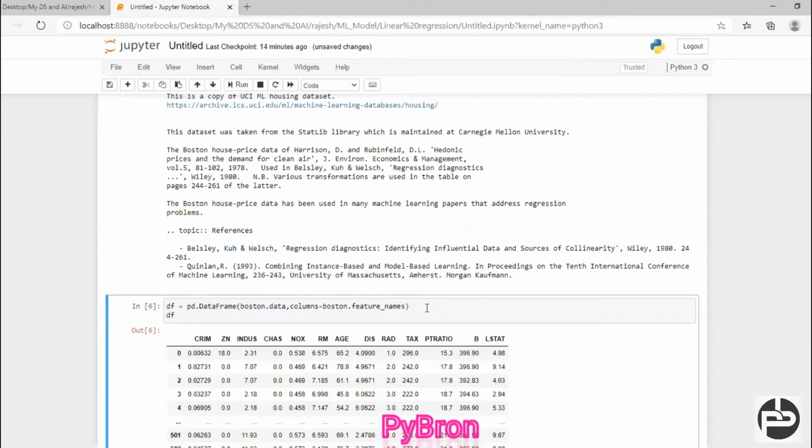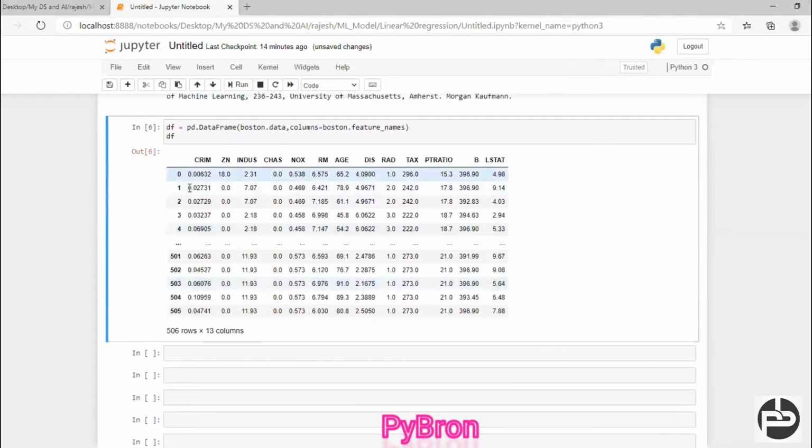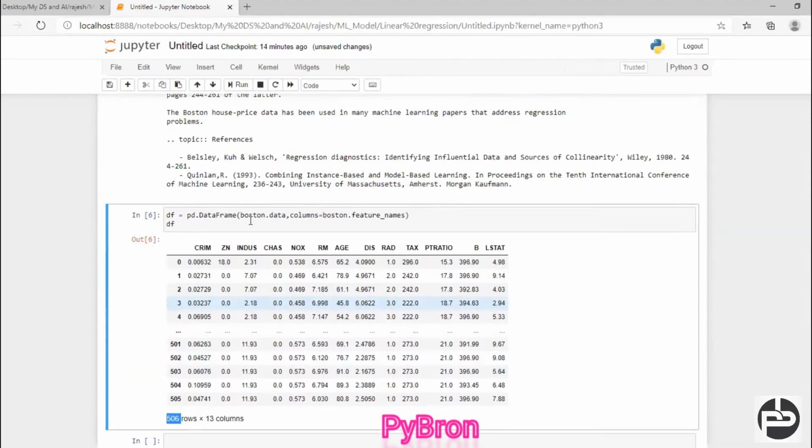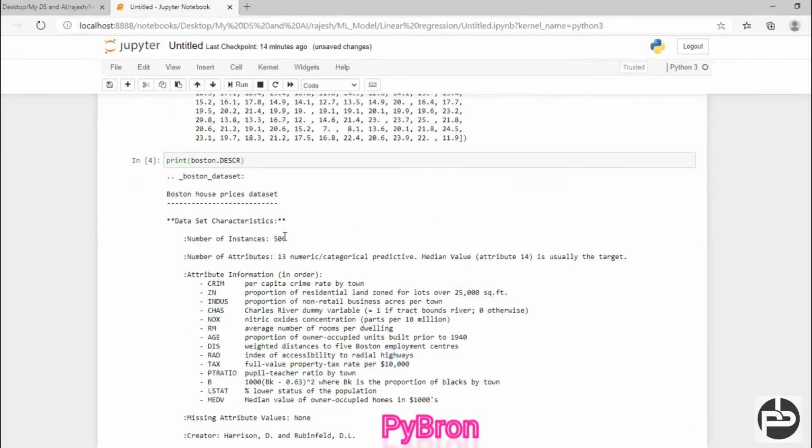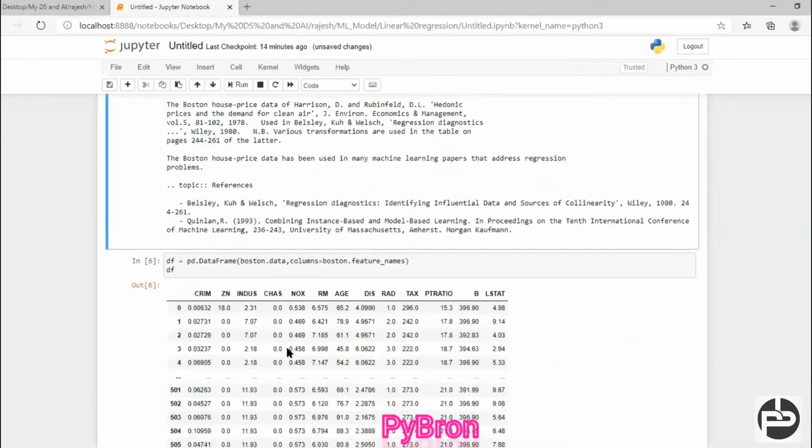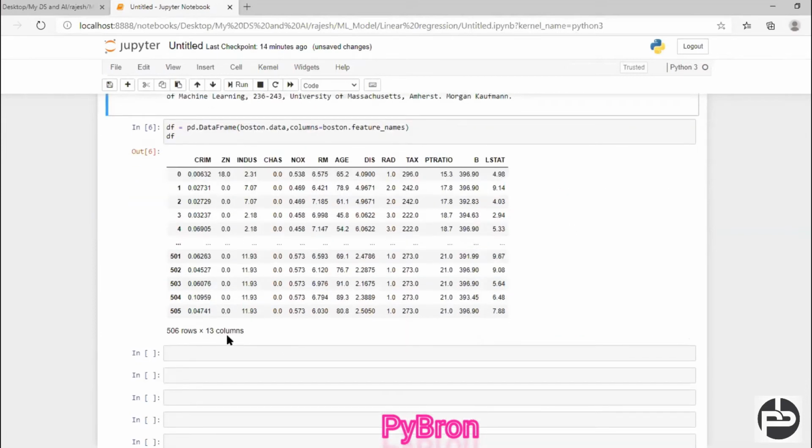If you want to check it, I can see my data frame, and it has 506 rows and 13 columns, and the describe function also gave the same values.